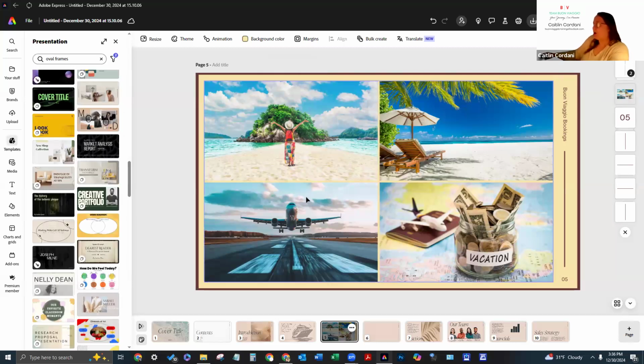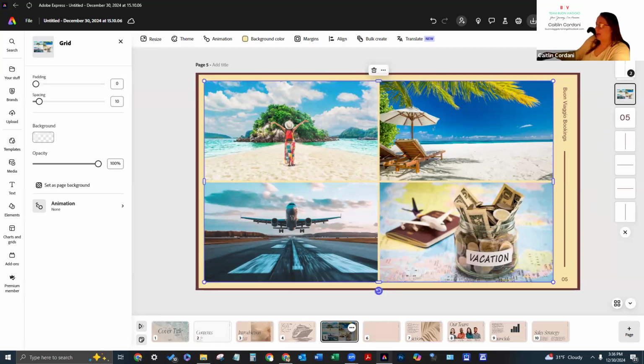All right. So the dotted lines indicate that you're selecting all 4 pictures in the grid. But I don't have anything selected on the page. So you're not going to see any purple lines until I hover over it. And then now you have the option to